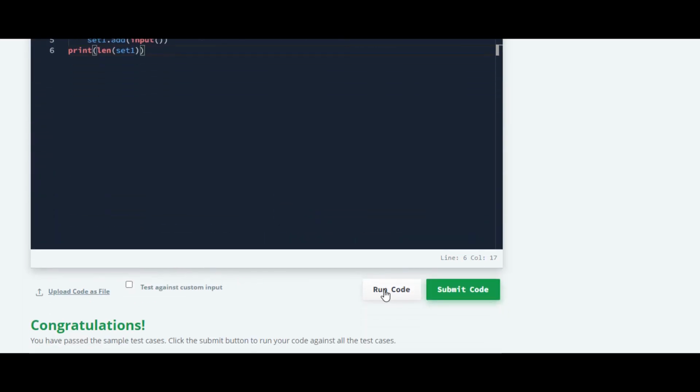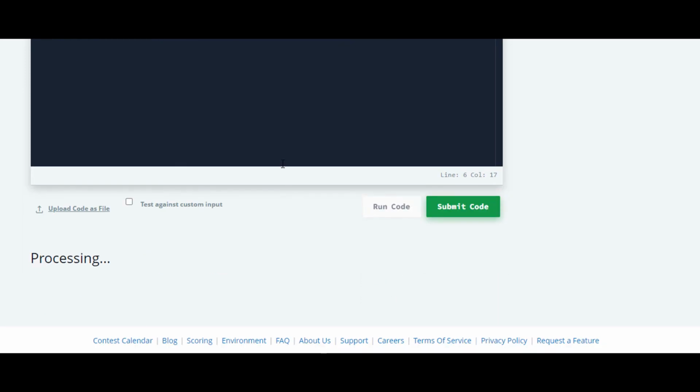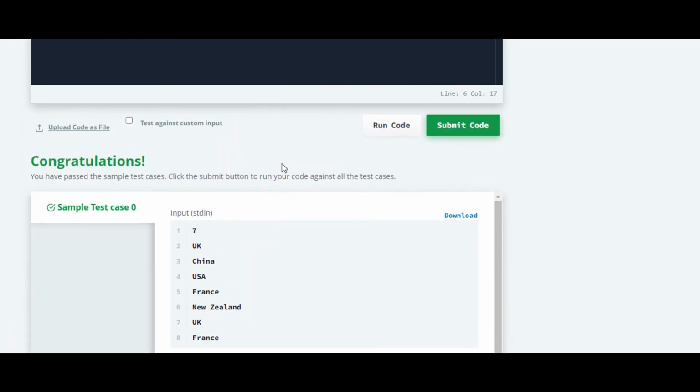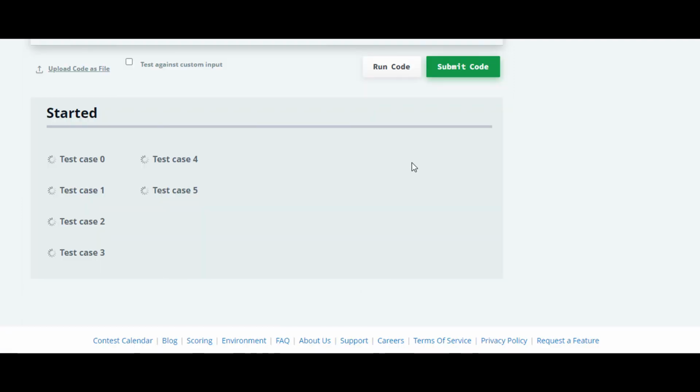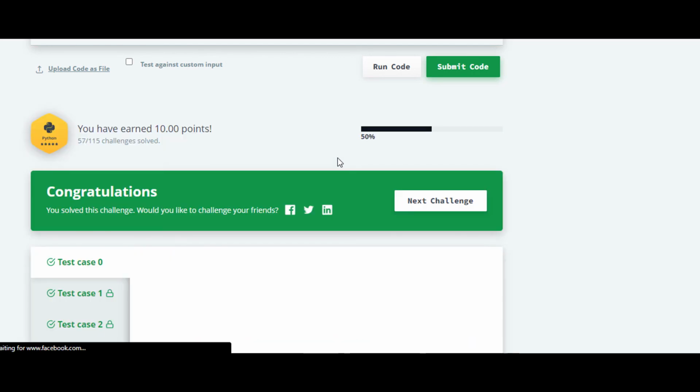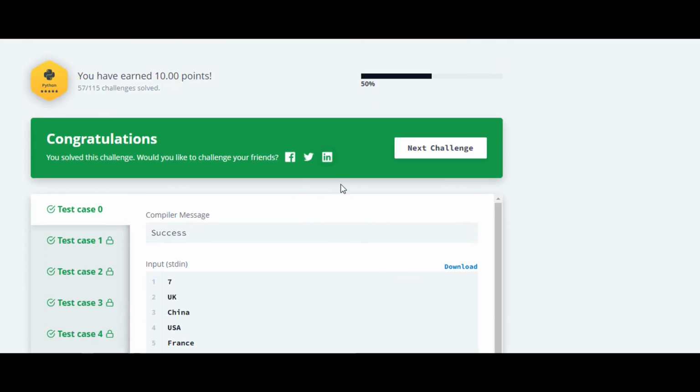So we'll run the code and check the output. Yes, it is working, and now we'll check it for the rest of the test cases. Yes, it is working for the rest of the test cases also.